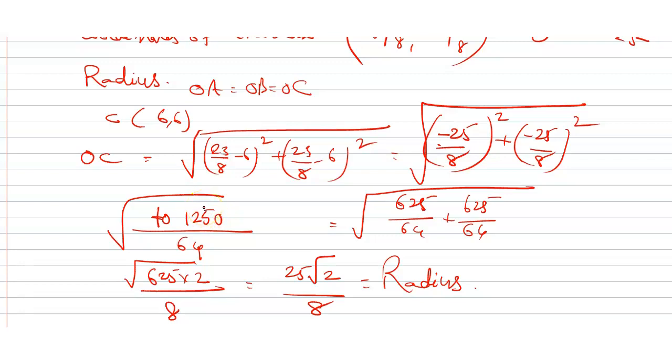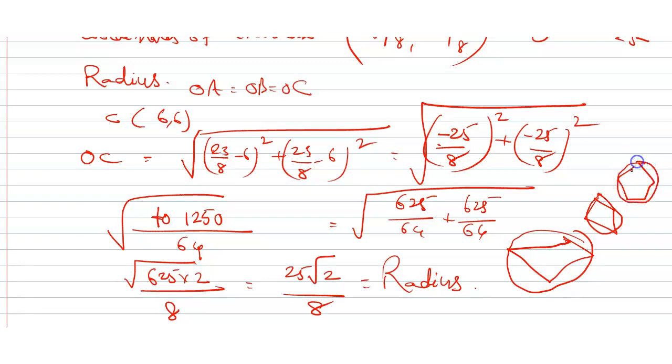Okay. Circumcenter, once again, please understand, circumcenter is nothing but, suppose if any object is circumscribed. In this case, a triangle is circumscribed. In some case, a rectangle also can be circumscribed. A rhombus also, a trapezium also can be circumscribed. A pentagon also can be circumscribed. That means which will go through all the vertices. But in this case, it is only a triangle is circumscribed.